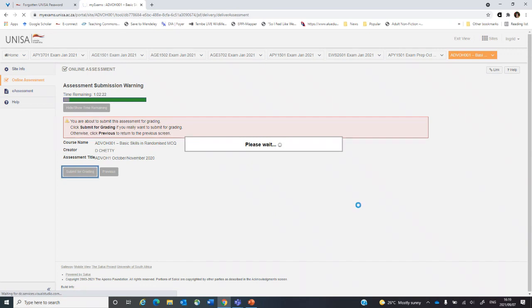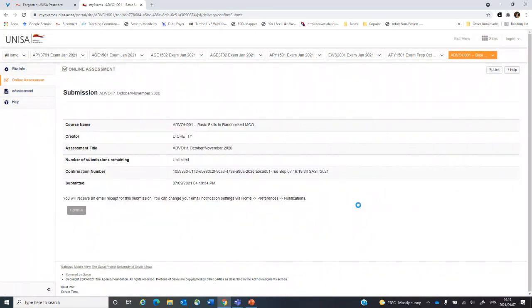It's really important with this type of exam that you don't have multiple windows open, because it will confuse the exam, and it will try and submit all of these multiple windows at the same time for you. All right. Once you've finally submitted this exam, you will get this little receipt,